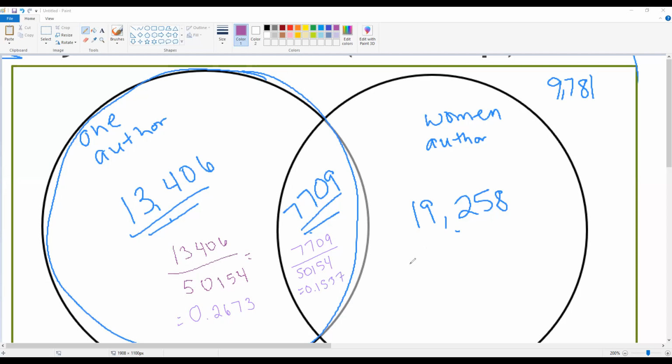And our last, we'll take 19,258 and divide it by 50,154. And when we type that one in, we have